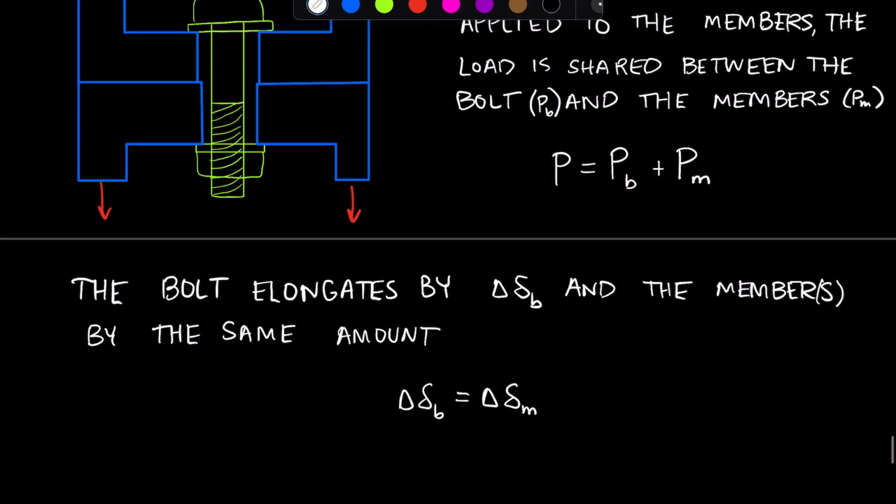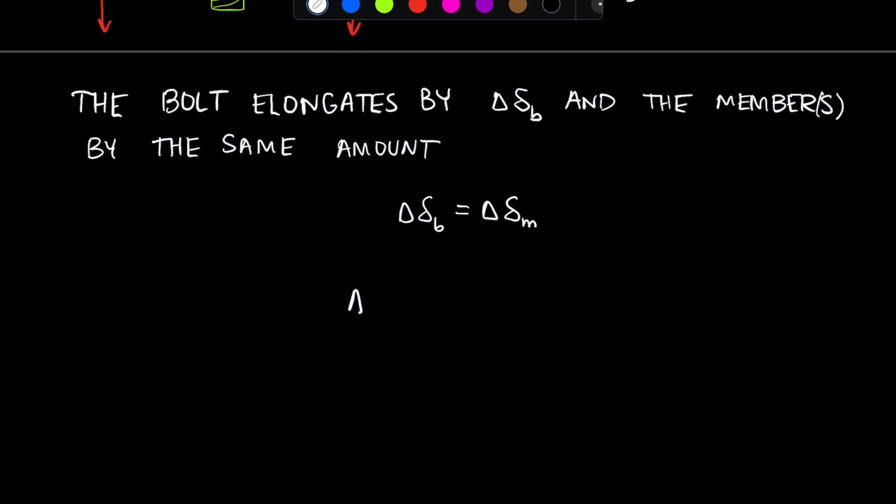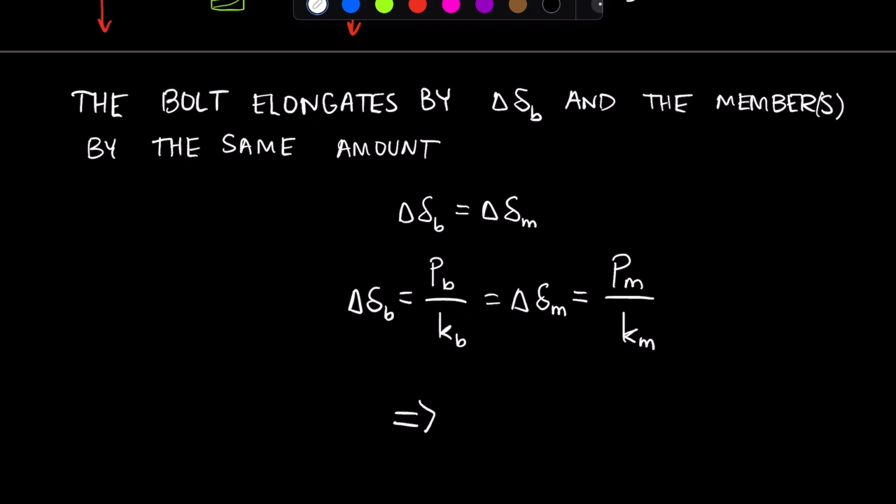And we can apply Hooke's law once again to say that delta B is equal to the portion of the external load that goes to the bolt divided by the stiffness of the bolt. And we've already established that that's also equal to delta M, which is then equal, using Hooke's law, to PM over Km. Okay, so all we're doing in this step is applying Hooke's law for the bolt and for the members, and then rearranging this slightly, we can find that the portion of the external load that goes to the